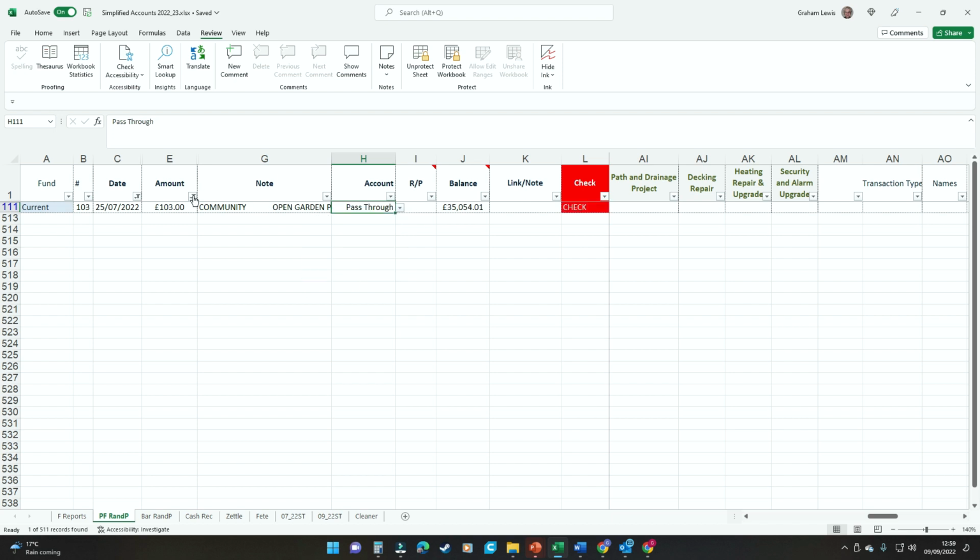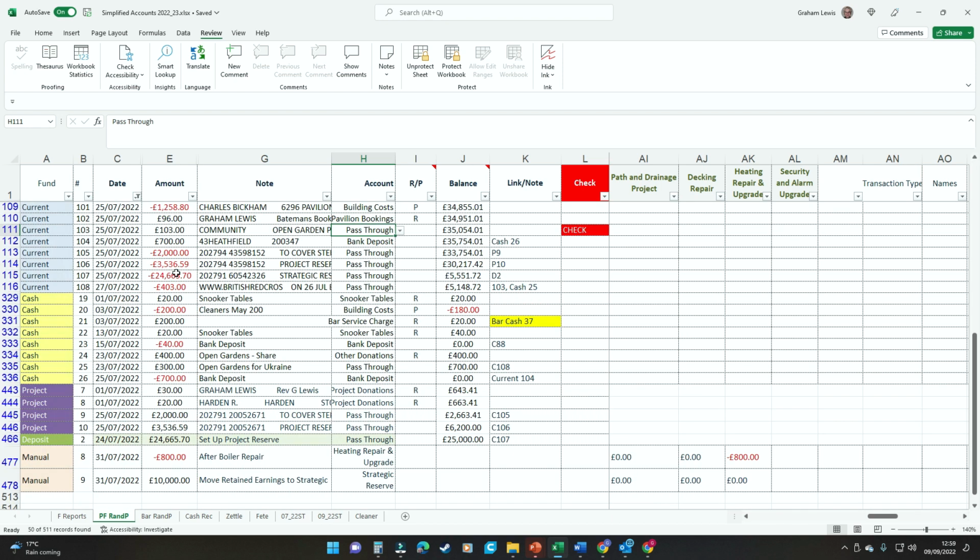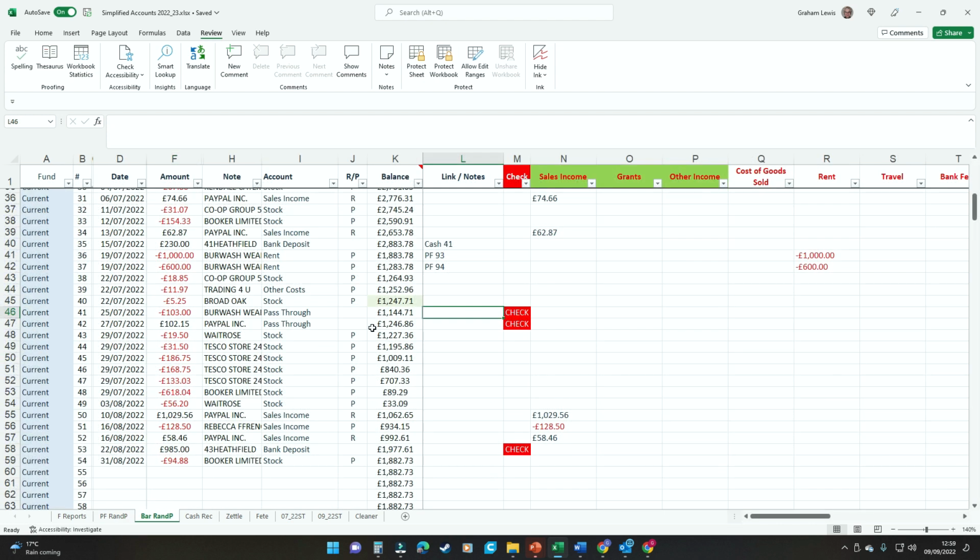But I still need a link. So I'll just select all of those. I've still got the date filter on, so I can see it. So £103 there, but where's it come from? And the only place it could have come from is the bar. Let me go to the bar account, and oh look, we can see there's a check. So what's happened is that the bar cash card machine has been used for taking donations for the Open Gardens event. So we're going to put a link there to